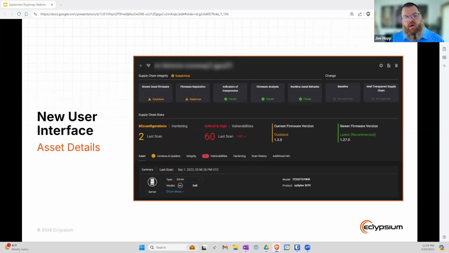Knowing how the components of our supply chain integrity are affected and their status. What is good? What is bad? What's suspicious? And it's very easy to see this. On top of that, we've done a very good job of consolidating the information into the second line of where